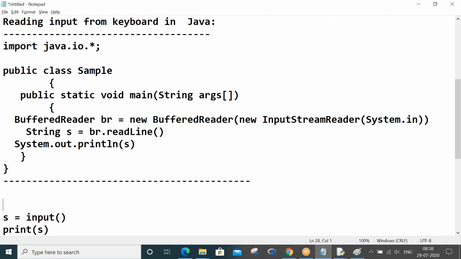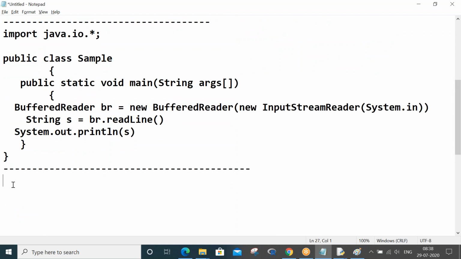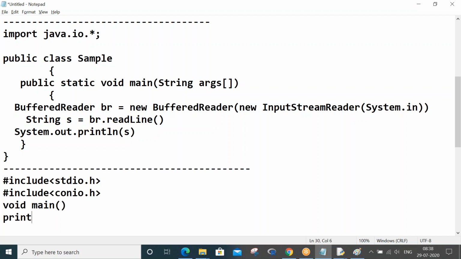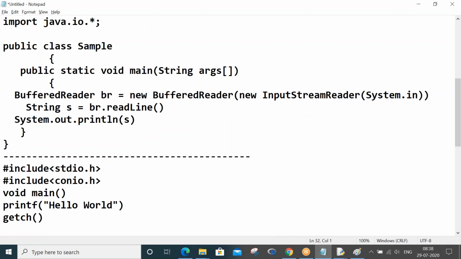If I have to explain this, let me take a very simple C program, because you all know C, that's the reason I am taking that. Maybe half the folks here don't know Java, and I don't want to confuse you with Java. So conio dot h. Now here, you write void main, and then you write printf hello. This is your basic hello world program. getch or getch, I have to give a semicolon, right? Forgive me for any mistakes.